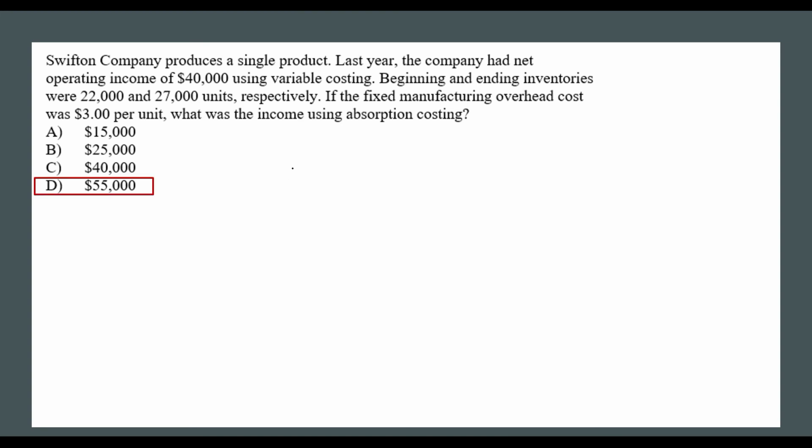Okay, so we have here your net operating income under variable costing of $40,000. And we all know that if you produce more than you sold, the net income under variable costing is lower or less than the net operating income under absorption costing. So in here, we need to add what? Your fixed manufacturing overhead cost deferred in inventory